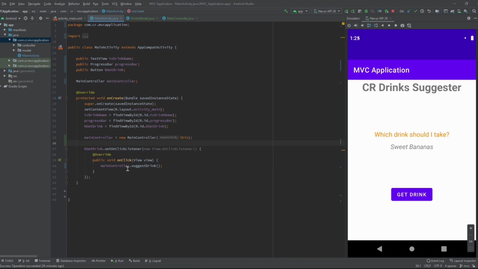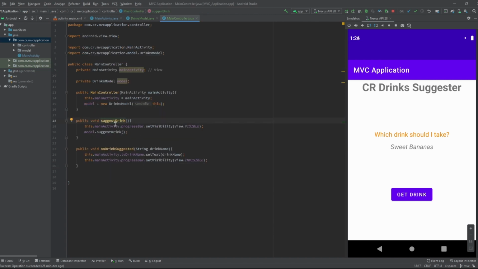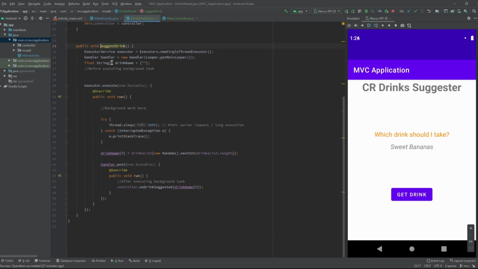Let's review what we have built and check the flow of the code, how it will be executed at runtime. First, the view will communicate with the MainController that the user has performed some action. The controller will show the progress to the user by showing the progress bar and then communicate with the model to execute the business logic.